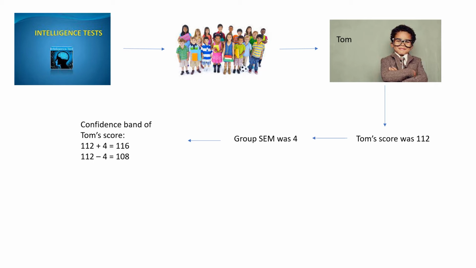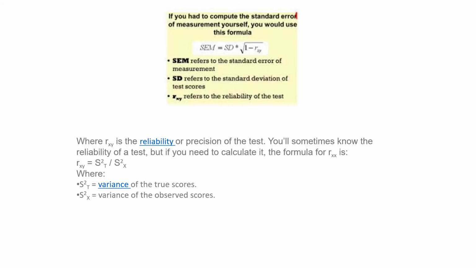So this is related to reliability in research. What is reliability? Reliability talks about the consistency of the outcomes if the research is repeated. That is why the formula for calculating the SEM, or standard error of measurement, is given as you see on your screen. It is equal to the standard deviation multiplied by the square root of 1 minus the reliability of the test.